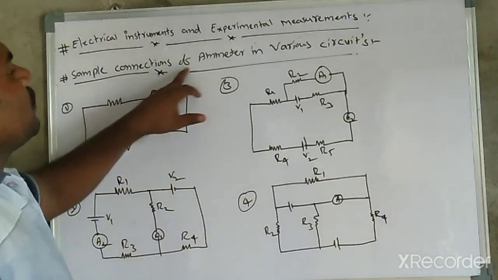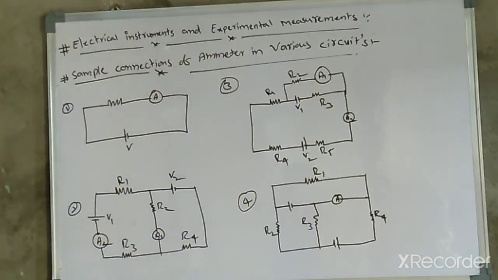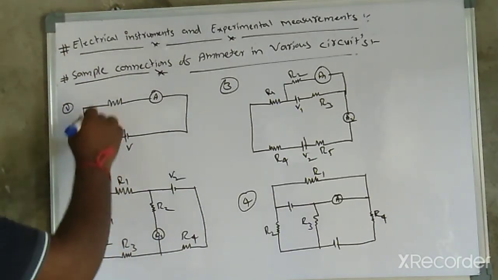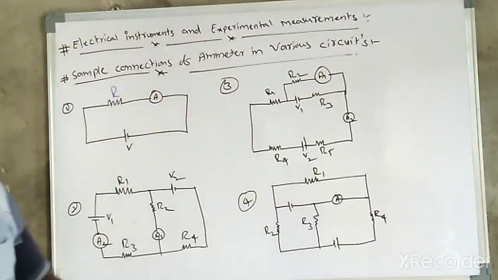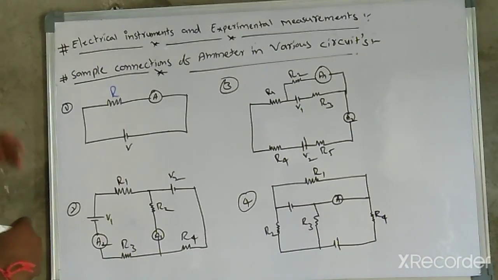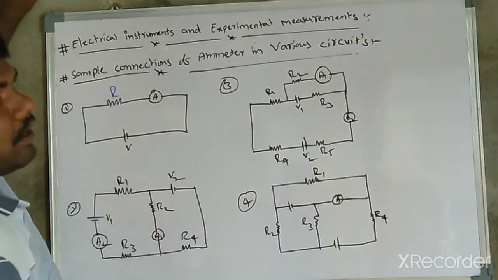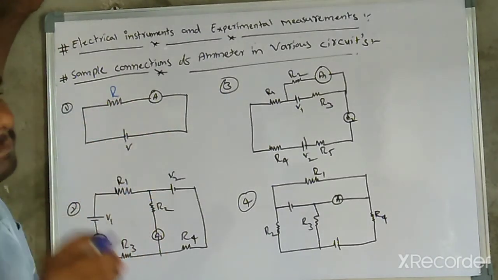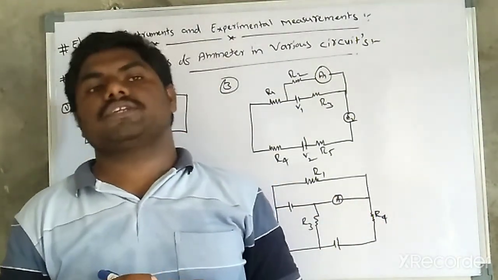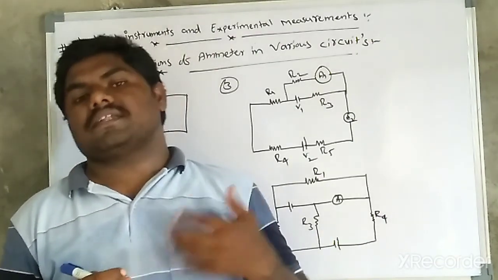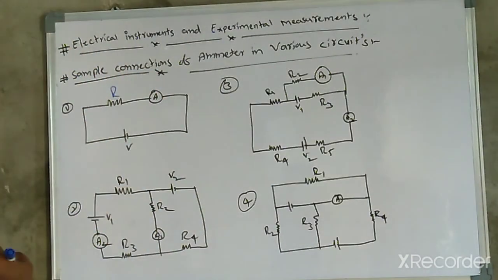Now, the connection of an ammeter in various circuits. There are four different models here, showing how to connect it in the circuit to read current. Whenever it is connected in any branch, it gives the current flowing in that branch. In the first case, there is one resistor and one ammeter. These two are connected in series combination only. We already studied this in previous classes, like 9th or 10th class, so we already know that, and I am not going to expand on it.